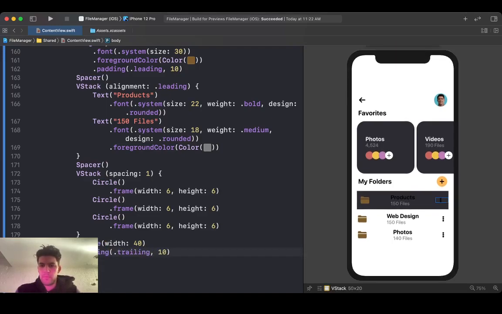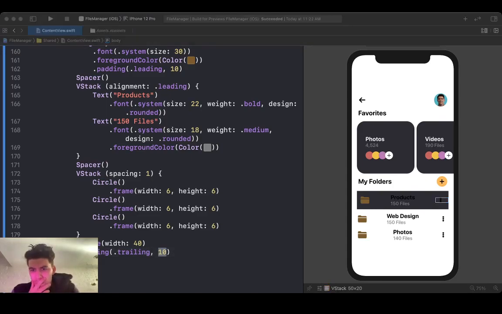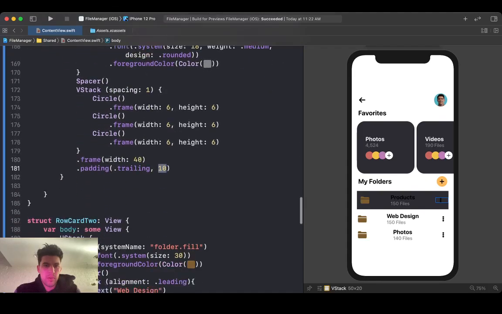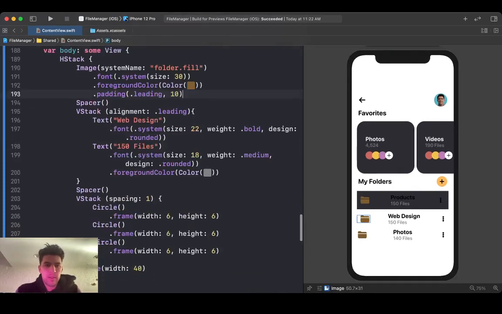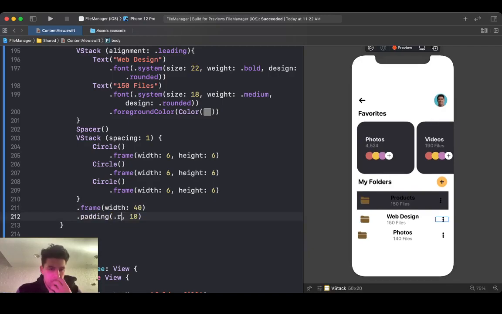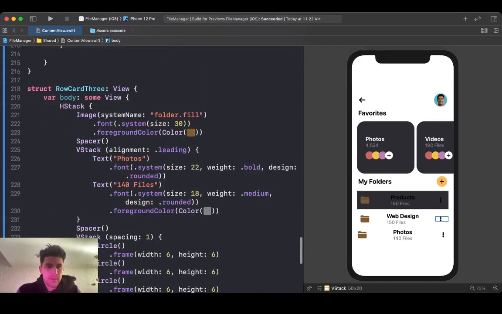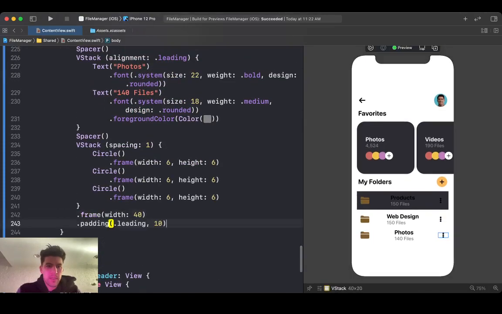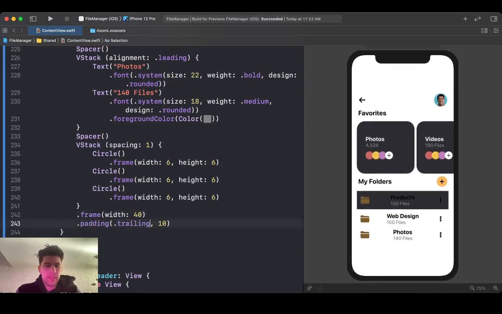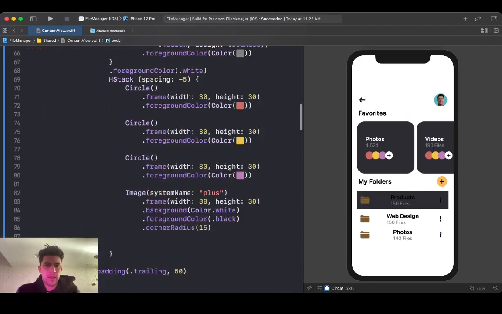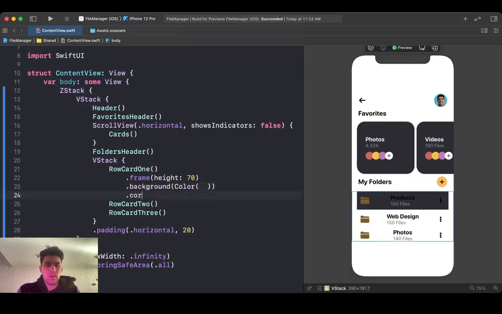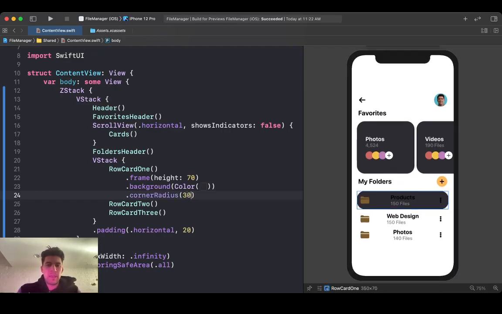Okay. And yeah, okay, so it doesn't line up anyway. Cool. All right, and okay, so we'll actually go ahead and do all that for the remaining. So it's gonna be 10, and it's gonna say trailing. Right, and coming in here, 10, it's gonna be trailing, okay? Okay, so we got everything set up now, and I'm gonna go back to the top, and we're gonna do a corner radius of 30,